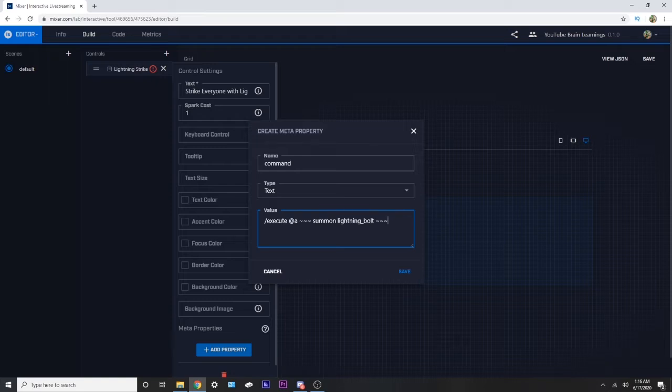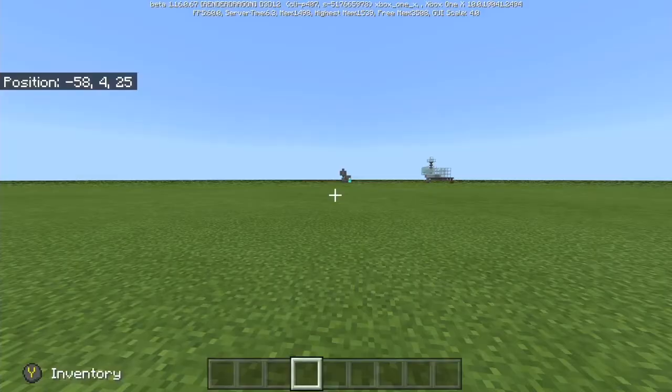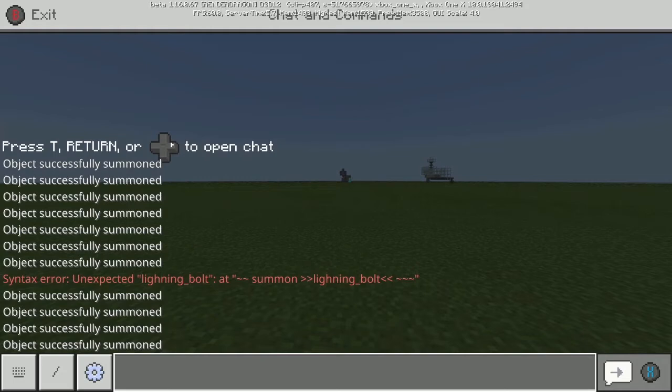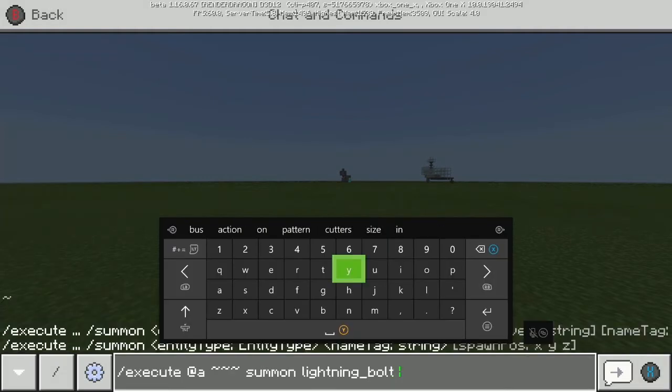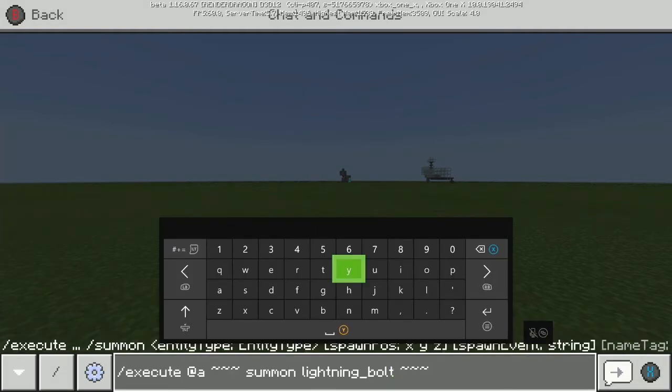So we might have 5 people in there, and everybody gets struck with lightning, not just the player themselves, like the person that's doing the Mixer live stream. Everybody gets struck with lightning every time someone hits this button. So if I run over to Minecraft, we're on Bedrock. If I type in the command that we just put there, we will be struck with lightning. Okay, we have the command here, and once I press enter,